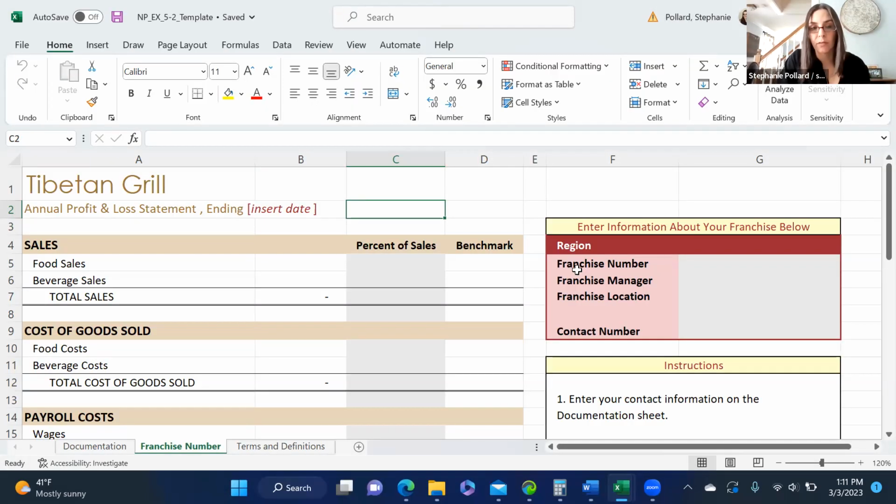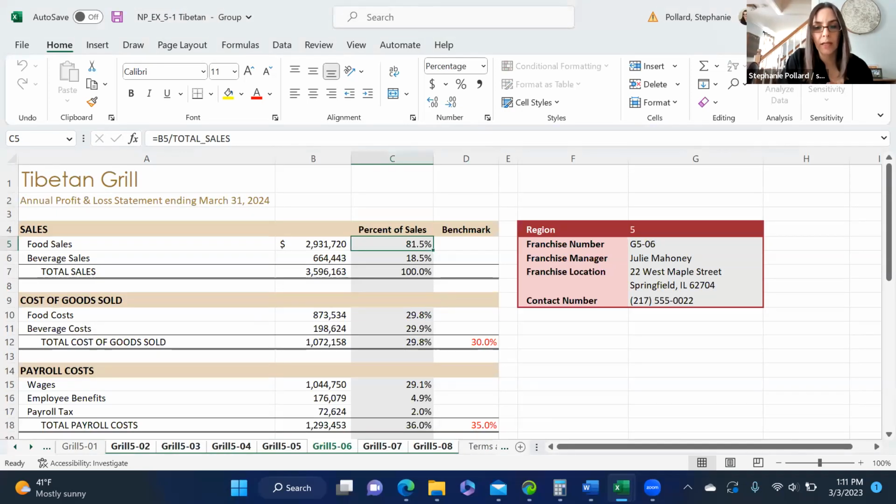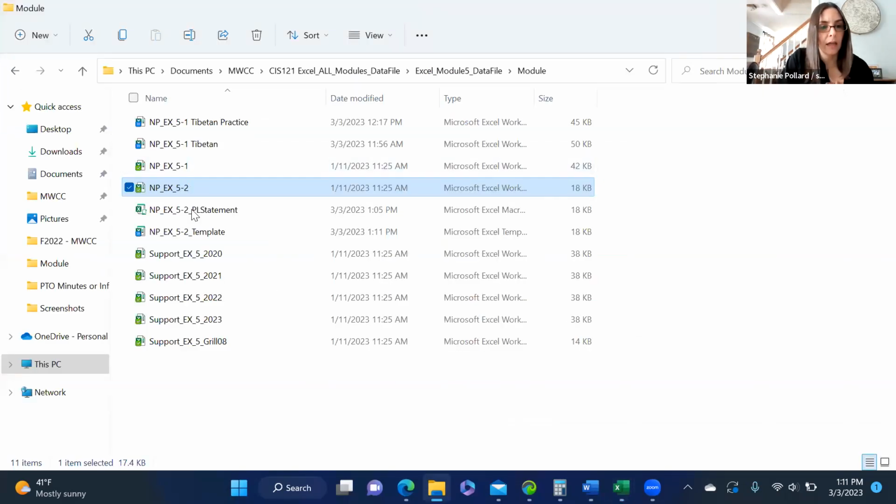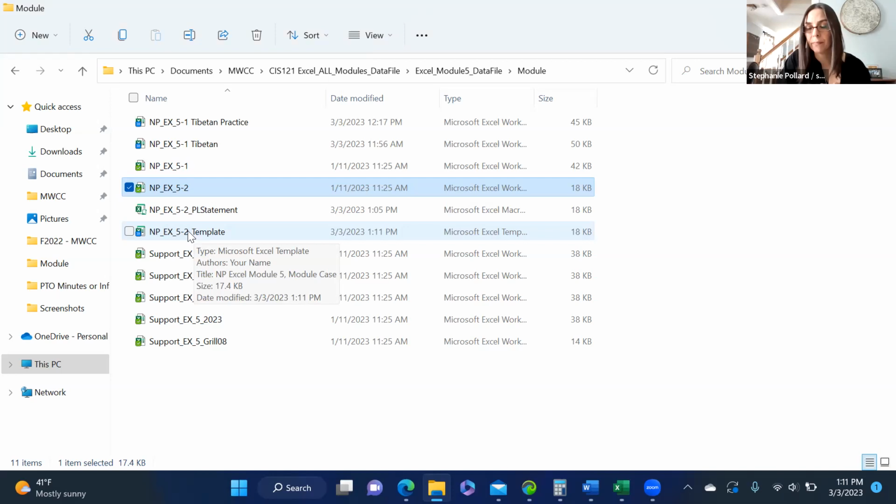Now I'm going to close this for a second. You can see that it changed. So I saved it with a new name. I'm going to close this file. And I'm going to go into my files. And there is my template file. And you can see if you hover over it, it does say that it's saved as a Microsoft Excel template. Now, when I double click and open it,